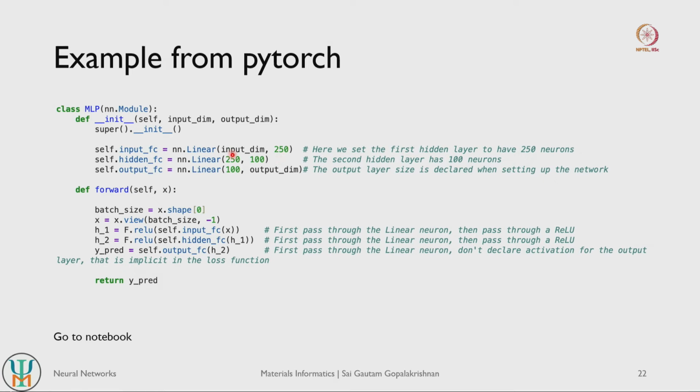So it has some amount of input dimensions and it has 250 nodes, and we also declare a second hidden layer, right, and this has 250 inputs, right. So it is basically connected to the first hidden layer here. So 250 inputs and then 100 outputs, right, and the final one basically has 100 inputs. So it is basically feeding in from this layer here, and then it has output dimensions. So how many ever output dimensions you need to have.